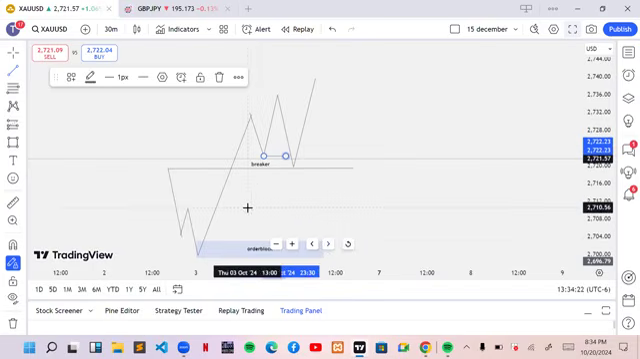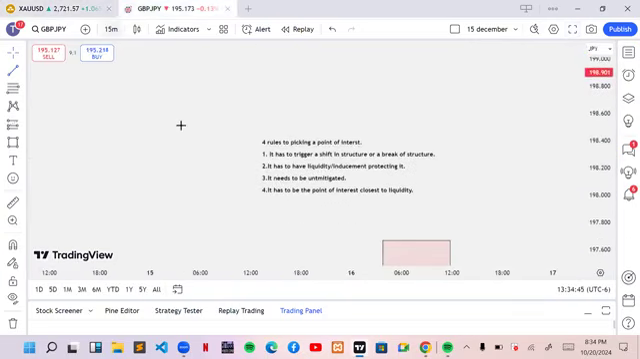So the only time you pick your breaker block as an entry is when the inducement did not mitigate the breaker block. But if the inducement mitigated the breaker block, like touched it or went deep inside it, you pick the other point of interest that is not the breaker. So each point of interest you're picking has to be unmitigated. So I want to give an example with a trade I actually took,